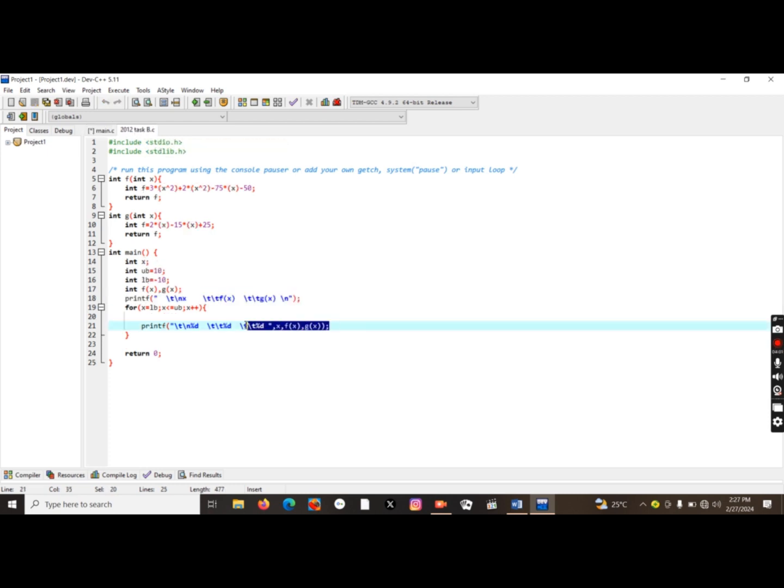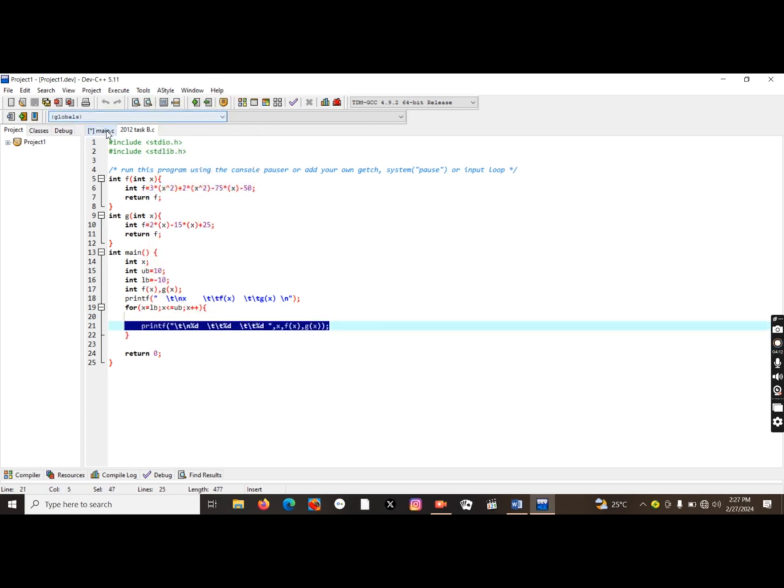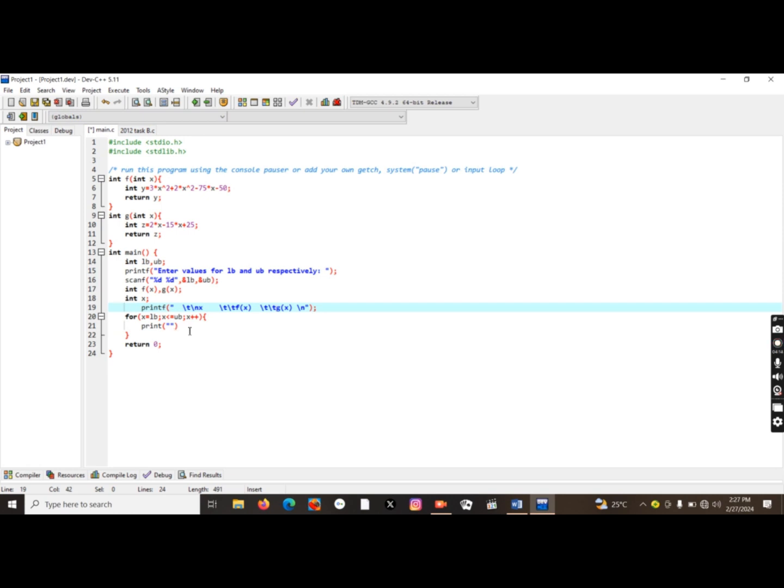The functions are still the same, so inside here I'll just copy this and paste. Okay, so this is what we are having. All right, so if we run our program,